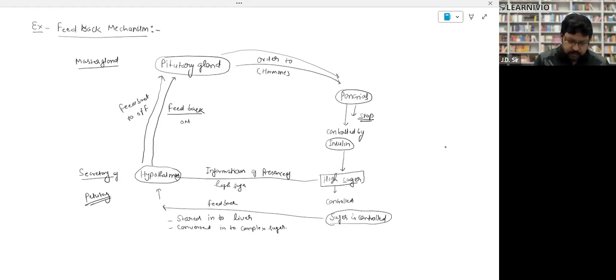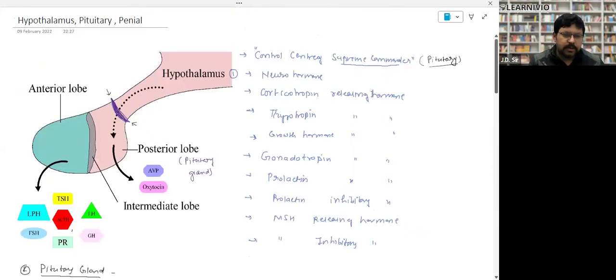So look, now this is the feedback mechanism. Now come to here. The first thing is that this is the control center, the Supreme Commander. It works on feedback. It secretes some neurohormones, which are secreted by this. They are corticotropin releasing hormone,